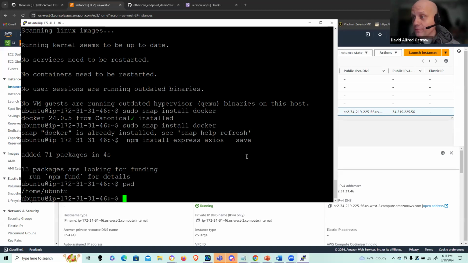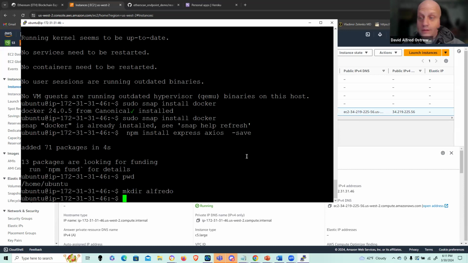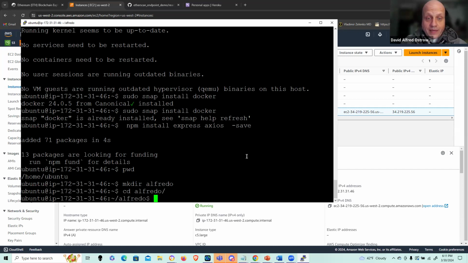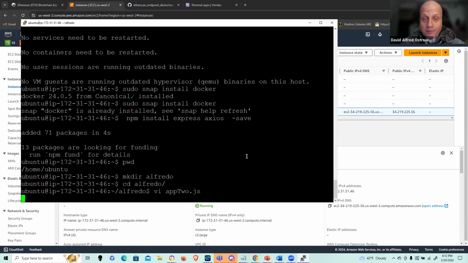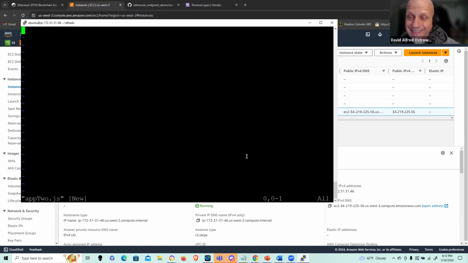Okay, but let's first, as I like to do, just get it up and running. And the first thing I'm going to do at this point is make a user directory, and I'm going to call it Alfred O, and I'm going to CD to that directory, and I'm going to create my Node.js application. Again, if I'm just running it standalone just to get it up and running or test it, this is